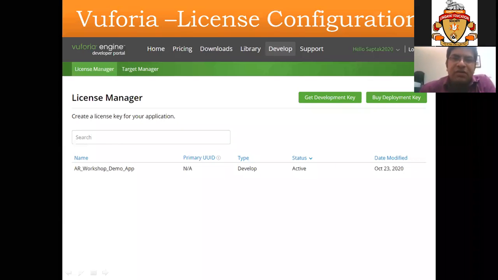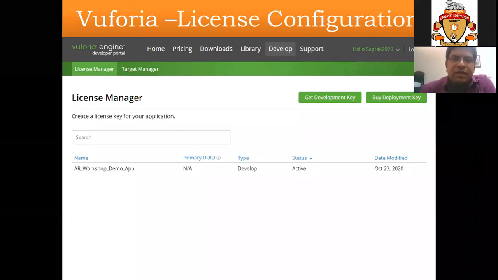Once the license configuration part is done, next we will go for target manager, where we will create a particular database. As I have already told, each and every marker will have its own unique license as well as its unique database.